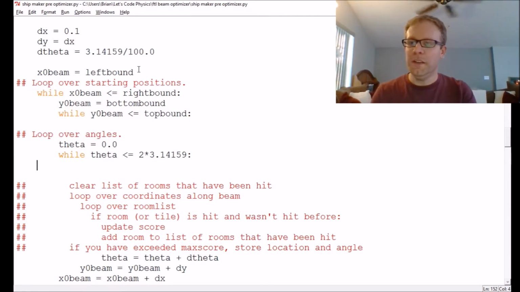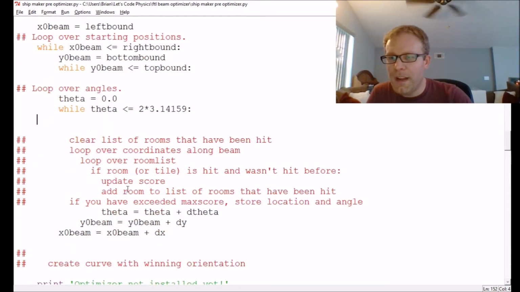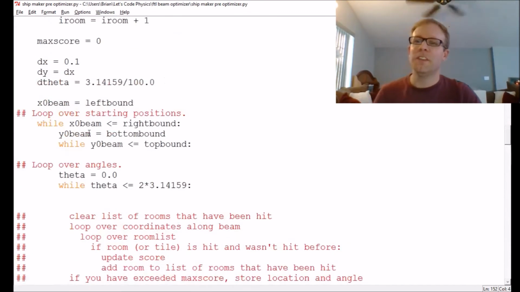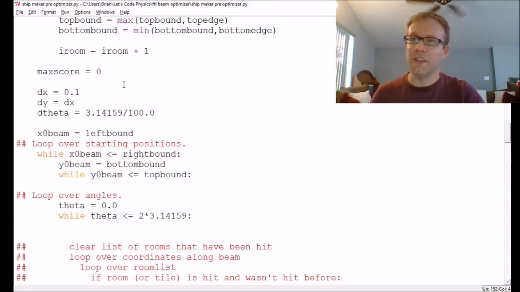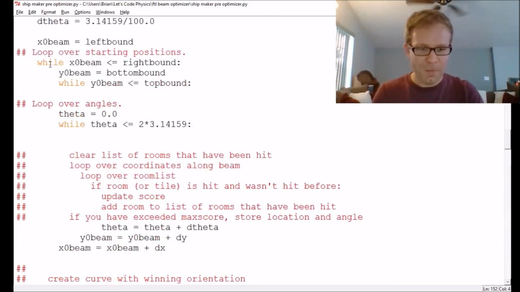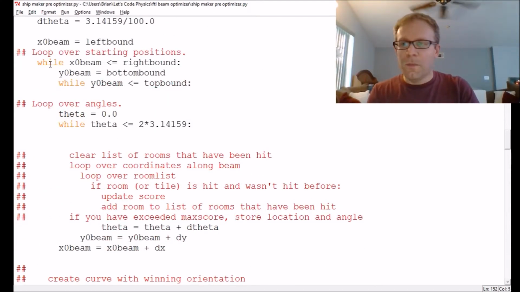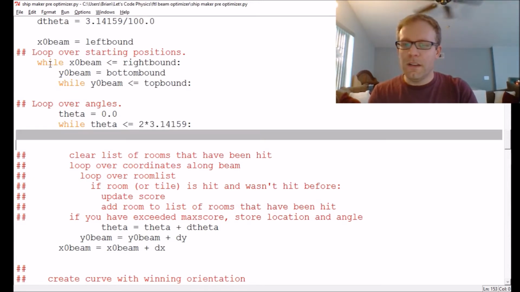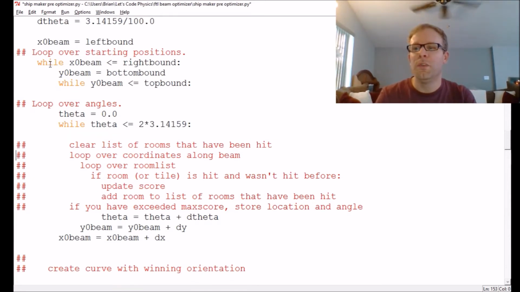Cool. So I've got my while theta equals theta plus d theta. So you notice I'm replacing my pseudocode with code. It's also getting longer along the way, which it should. Okay, cool. So one thing I need to do is I need to keep track of the rooms that have